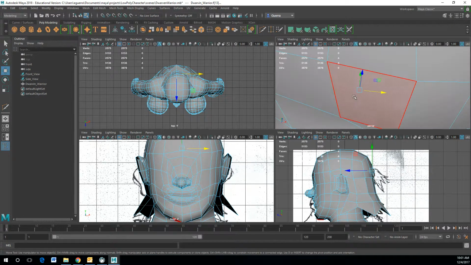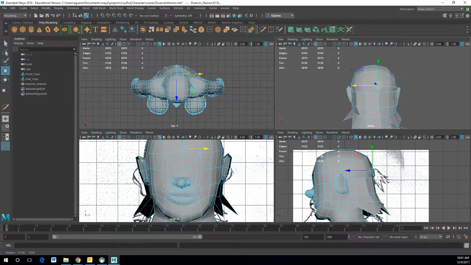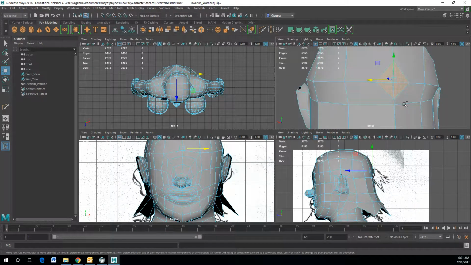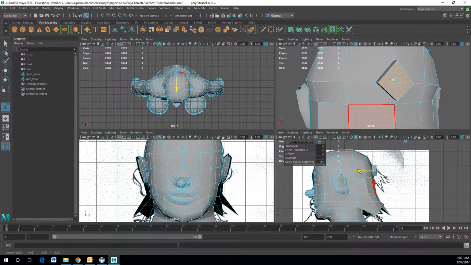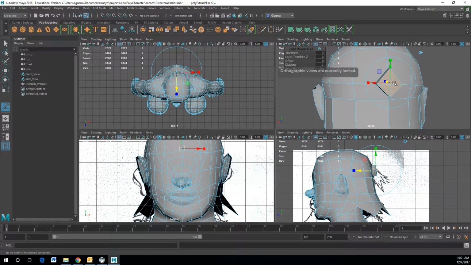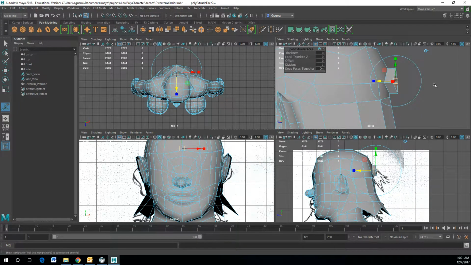There we go. Fix my selection. So all I have to do is Control E to extrude, flip the switch, make this, G to extrude,